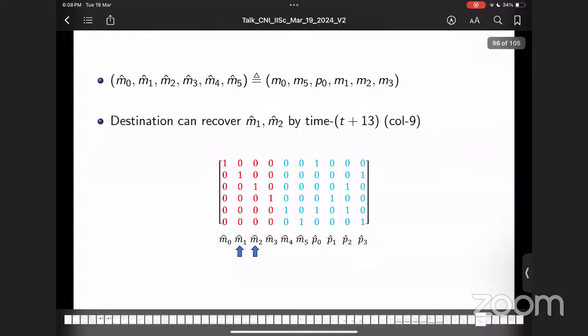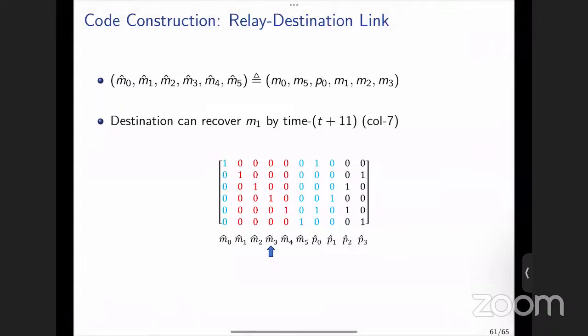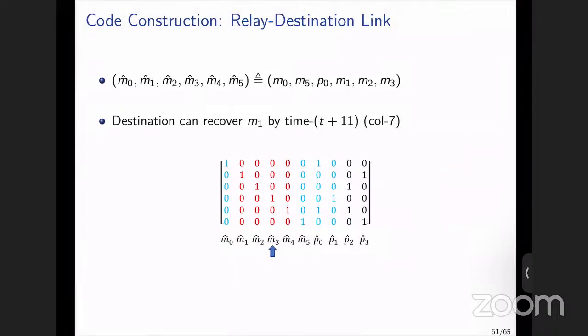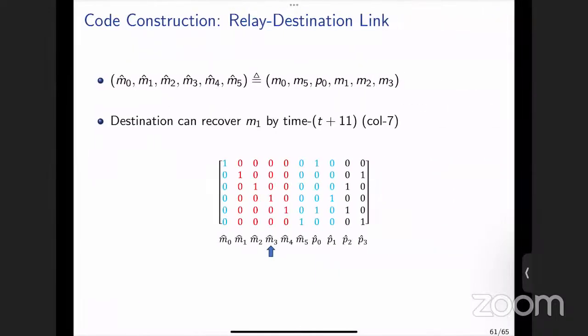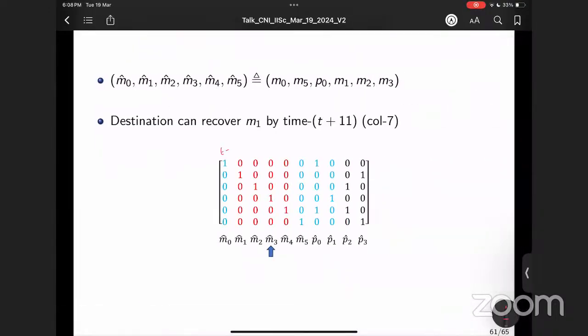Let me just take one more example. Here I'm considering an erasure which is starting at t plus 5 and ending at